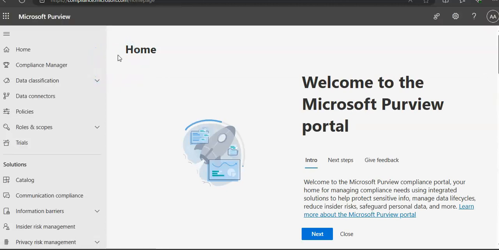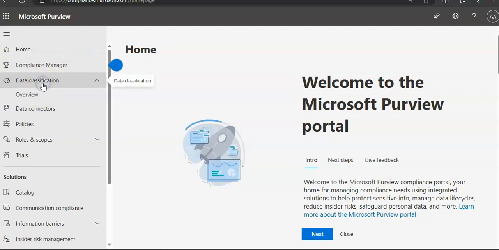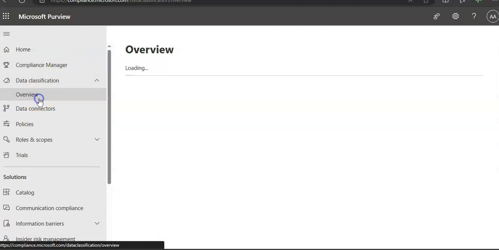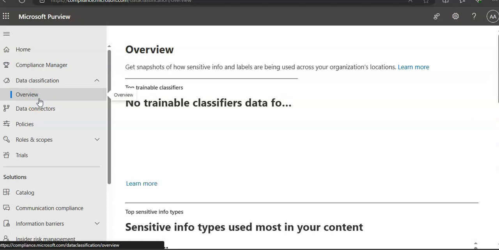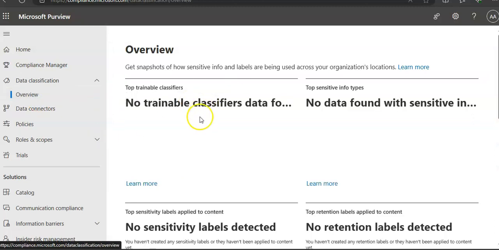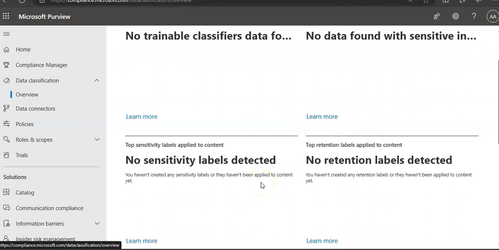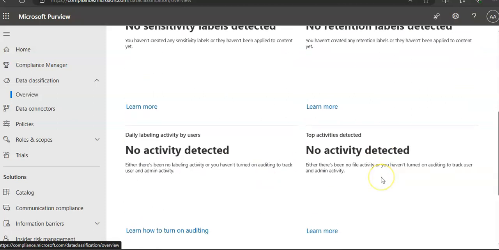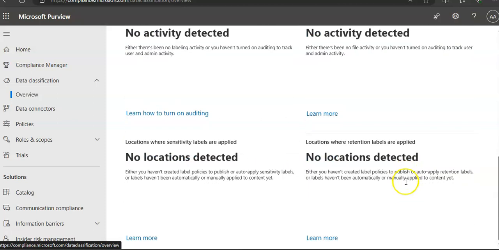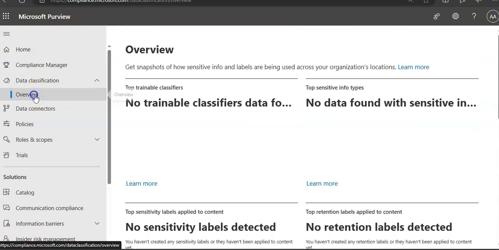If you now go to data classification here, as soon as you log in and click on overview, it says that no trainable classifiers data found, no data found with sensitive information types, no sensitivity labels detected, no retention labels detected, no activity detected, and so on, because this is my lab. But if you come here and click on overview,